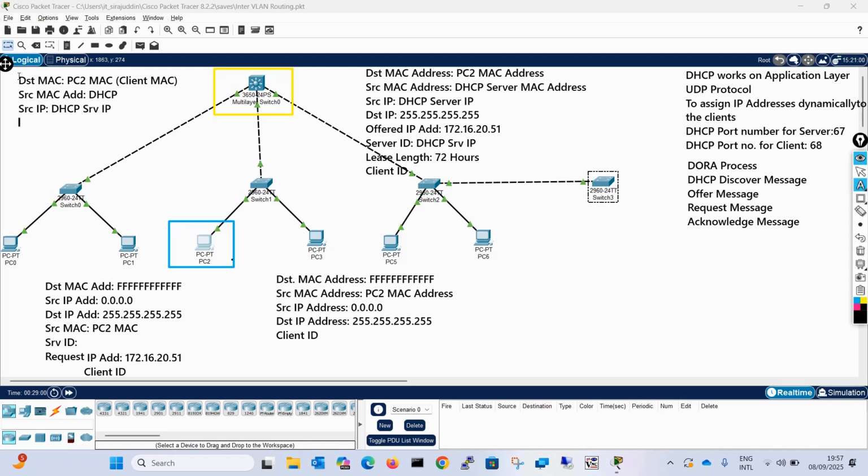Then what else will be there? The destination IP address is going to be there in the frame. This field also will be added. The destination IP address over here again will be broadcast. Remember, the complete process is a broadcast process. It is a broadcast message being sent. The complete DORA process is broadcast messages. So it will be 255.255.255.255